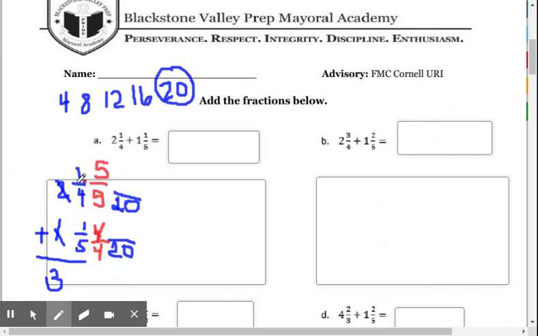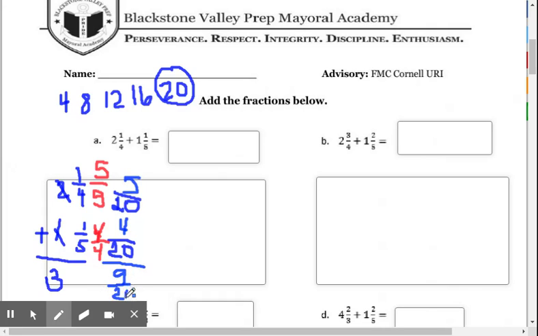All right. And now I'm going to multiply. 1 times 5 is 5. And I'm going to remultiply the bottom just to make sure I didn't make a mistake. 4 times 5 is 20. Good. 1 times 4 is 4. 5 times 4 is 20. Okay. Now I'm going to add. 5 plus 4 is 9